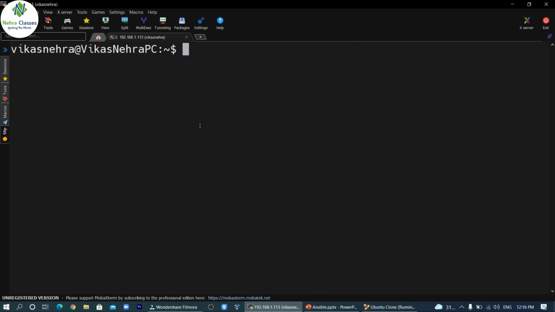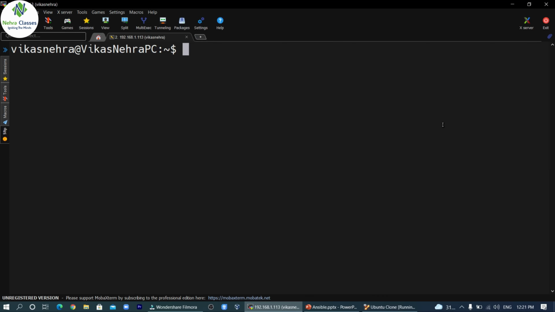And here on Debian based machines like Ubuntu, the root user account is disabled, so we are only supposed to use it with the help of the sudo commands in order to get the root privilege. So we are going to install Ansible here, and for that we will execute these commands in the same order.